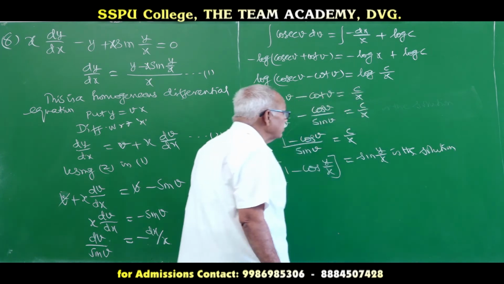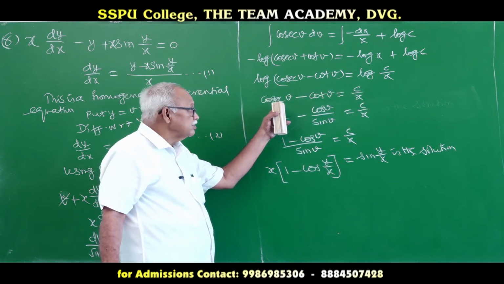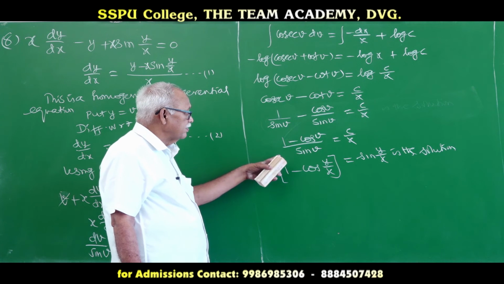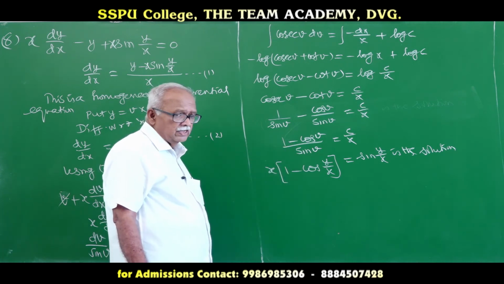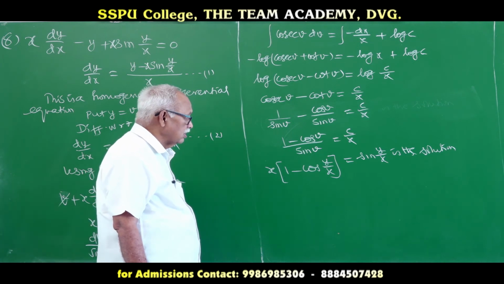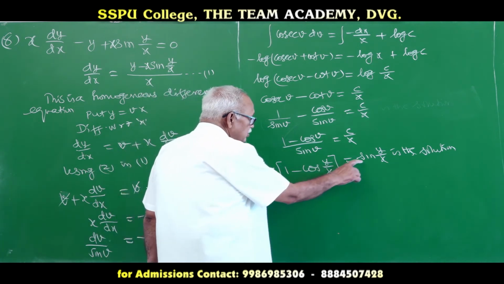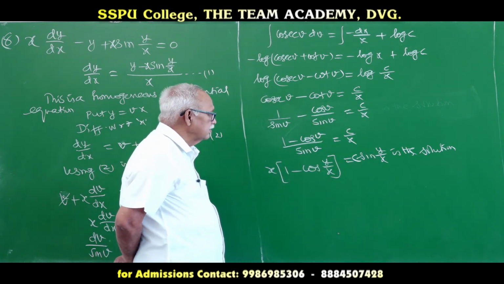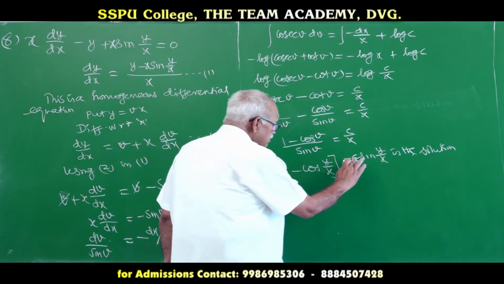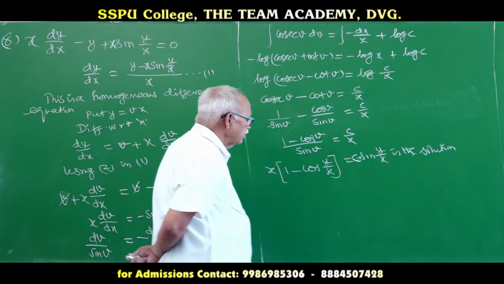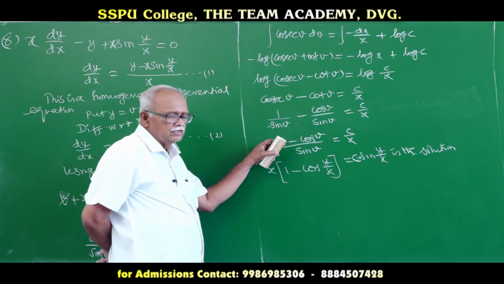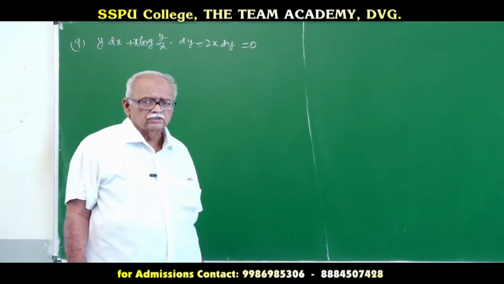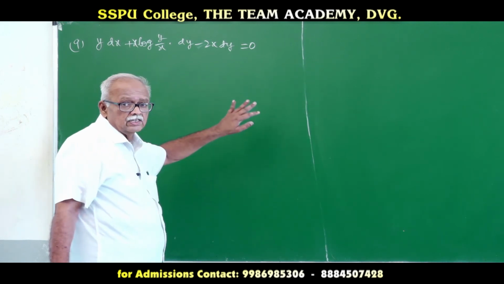So if it is possible, you can do it, otherwise you can keep it as it is, cosecant v minus cot v is equal to c by x. That is also correct answer, but here we can simplify further. 1 minus cos v by sin v, we can further simplify this, but that is not required. X into 1 minus cos y by x is equal to, sin v goes to c, so c into sin y by x. So c is there, constant c is also there, c into sin y by x. X into x can be taken to this side, you can do it. So this question is also over. Let us try the next question. Continuing from the exercise 9.5.